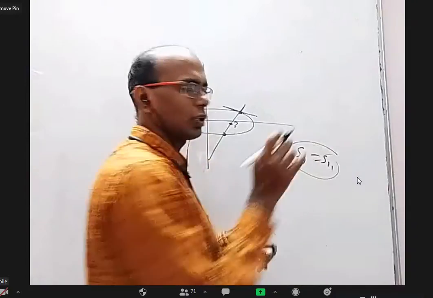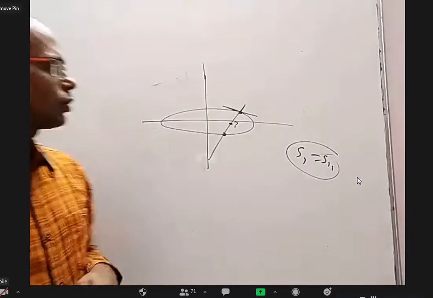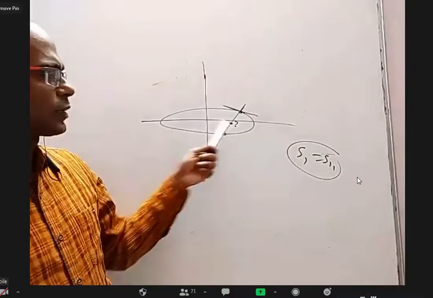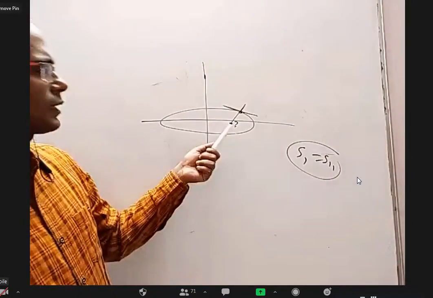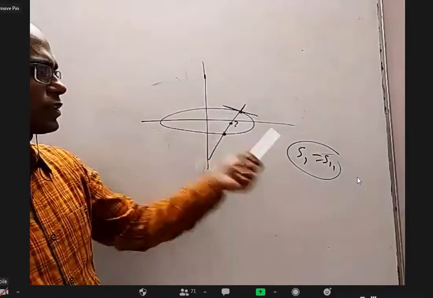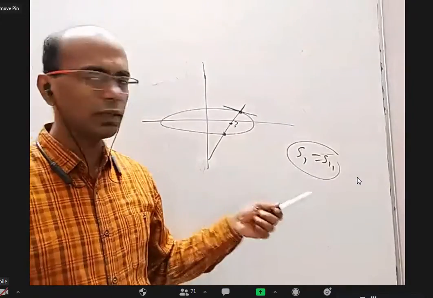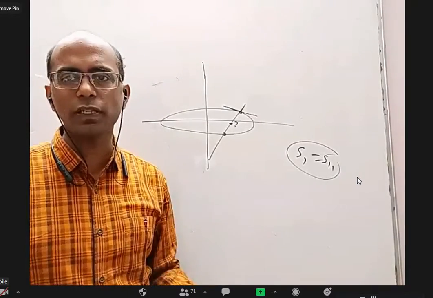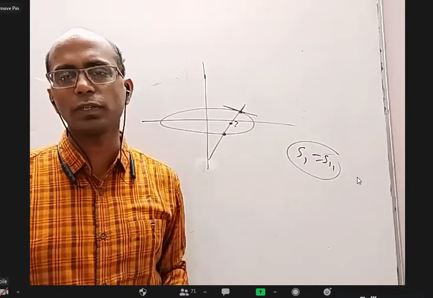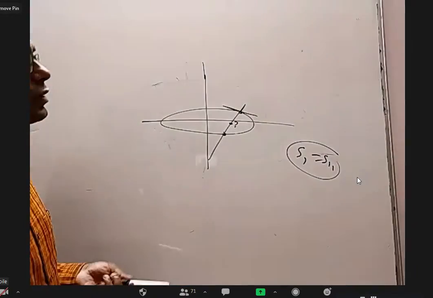It is true for all the 4 conic sections. So if you want the normal segment midpoint locus, take that as x1, y1. Find the equation of the chord by using S1 equal to S11. You get a line, and that should be normal. For a line to be normal, just now we derived a formula, right? A square by L square plus B square by M square equal to A square minus B square whole square by N square. Use that, you'll get it.